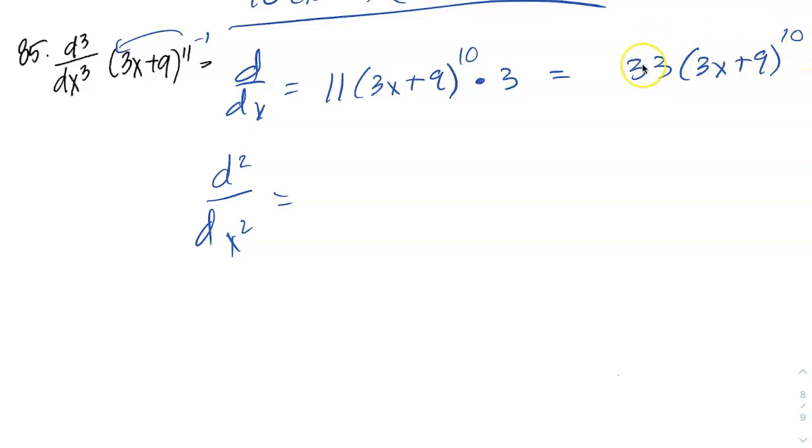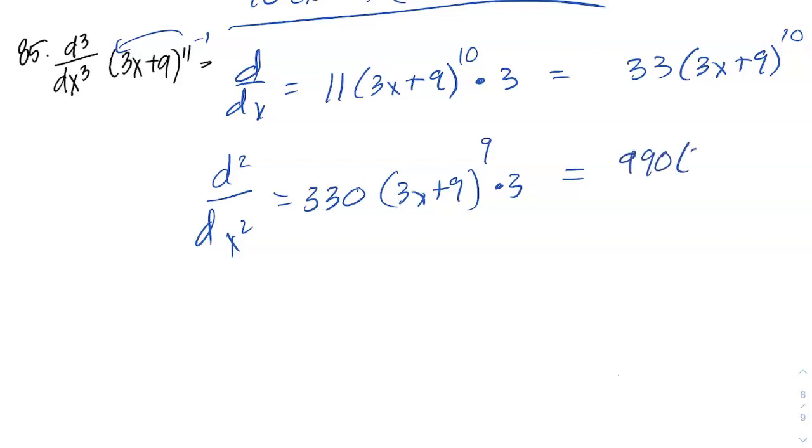So if I bring this 10 down, I get 330, 9, and then leave the inside alone. Times by the inside 3. If I simplify that a little bit, I get 330 times 3, which is 990. Right, so I'm going to get 990, 3x plus 9 to the 9. So I get my final derivative,